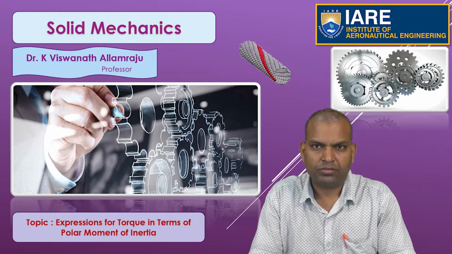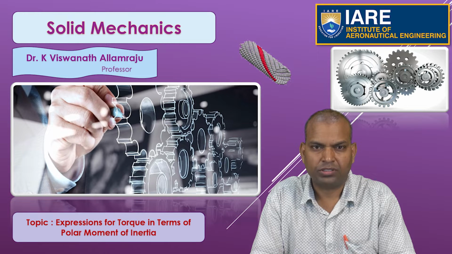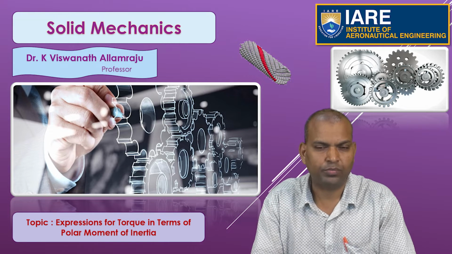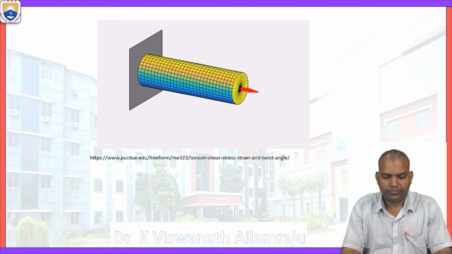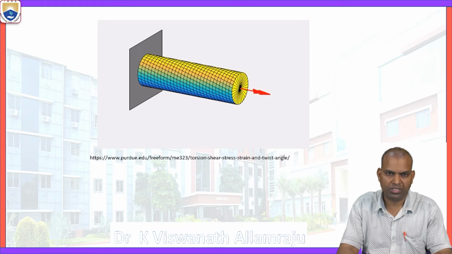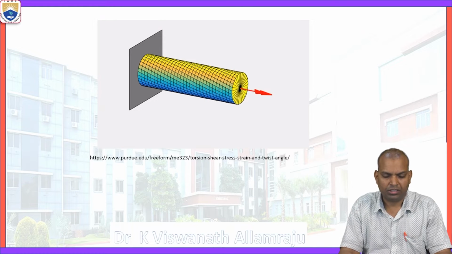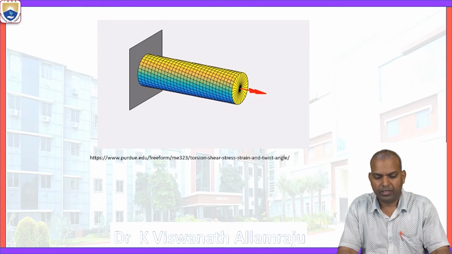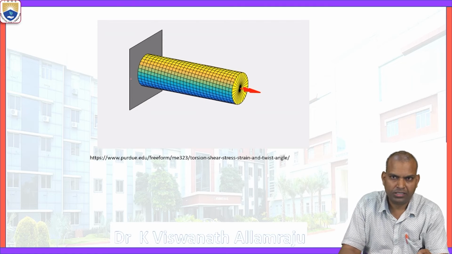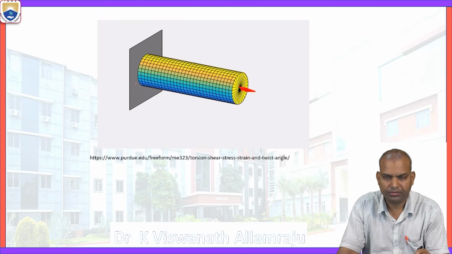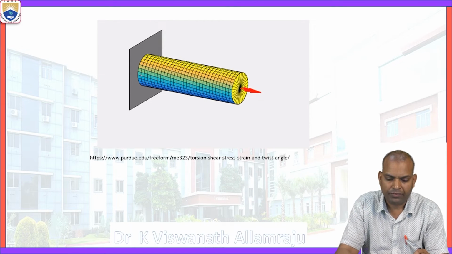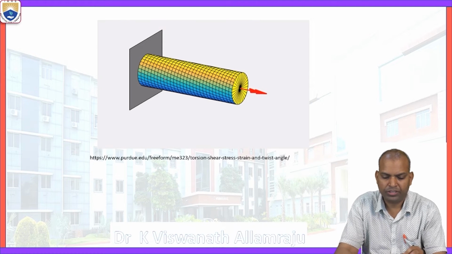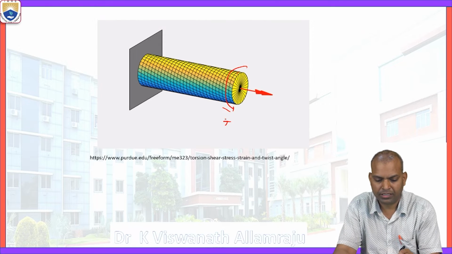In this session, we are going to study the expressions for torque in terms of polar moment of inertia. Here, what is the torque? That is just a glimpse to recapitulate the relation to the torque. Here, the bar is considered as a circular cross section. When one end is fixed and we give the twisting moment T at the other end,